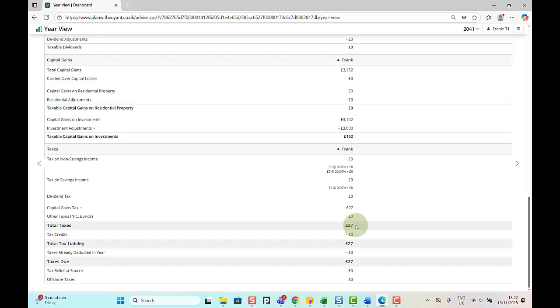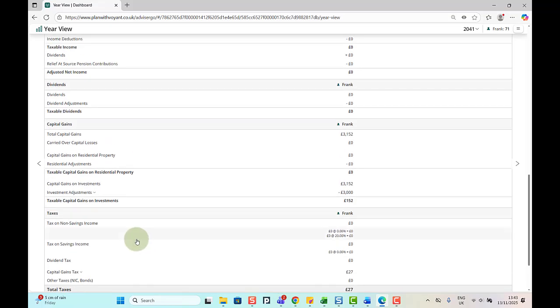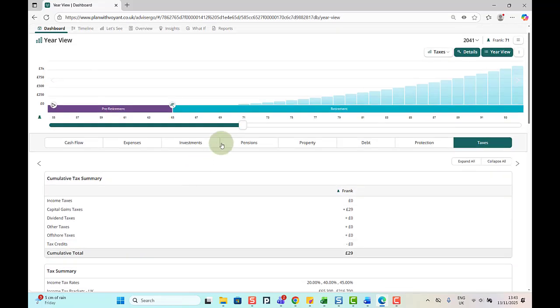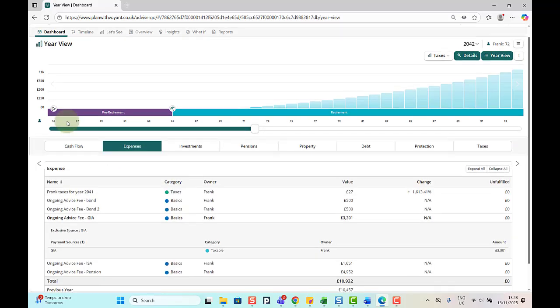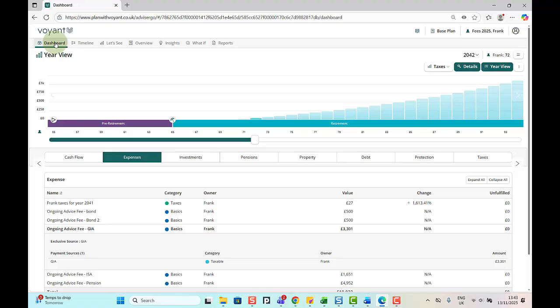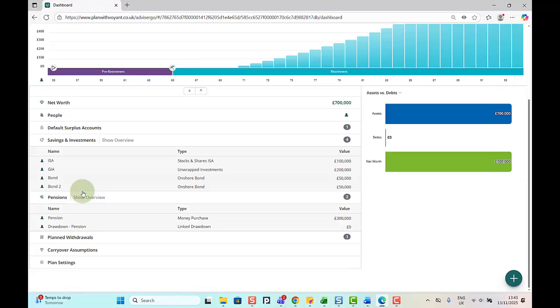Again, the usual Voyant logic applies. The tax is calculated in the year that the gain arises, and it's taken as an expense the following year. So if I go up and move along to the next year and then go into expenses, we can see it there. I'm going to move back to dashboard now and talk about the pensions, all set up in a